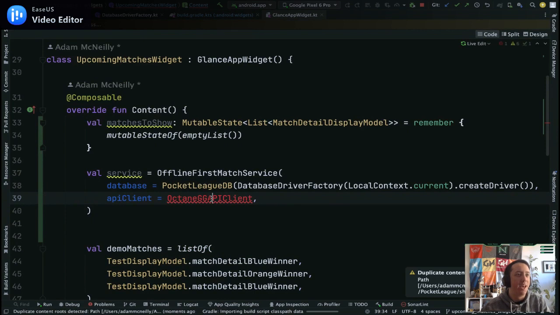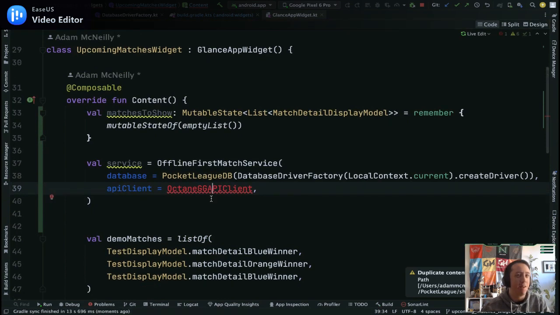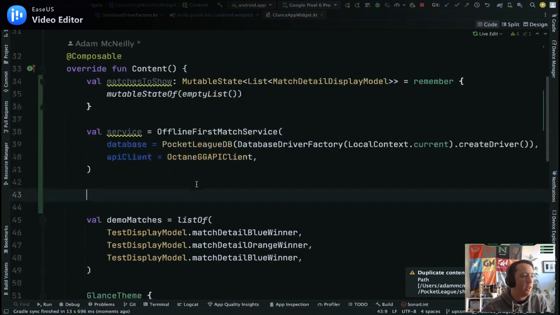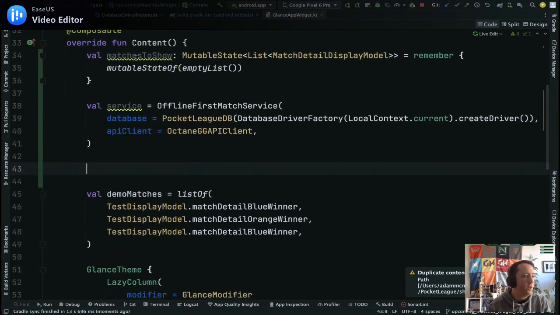It's probably not best for a number of reasons, but this is a proof of concept moment right here. We're just testing that this does work, and if it does work, we can